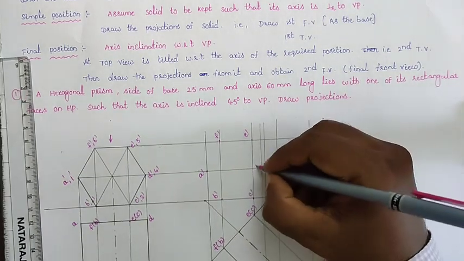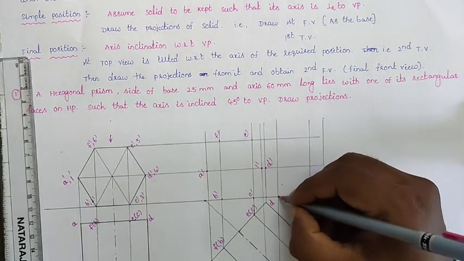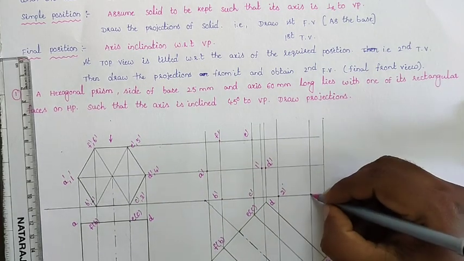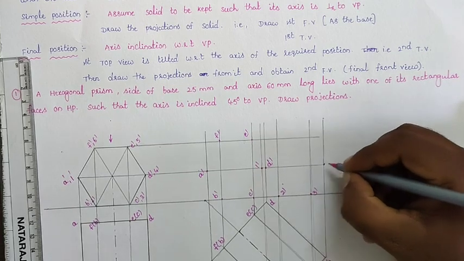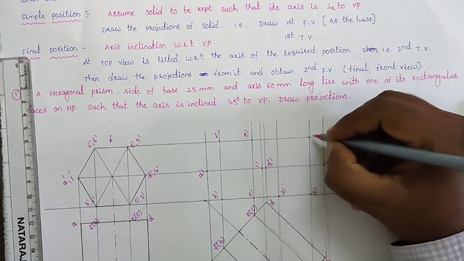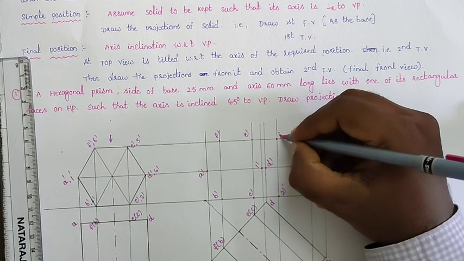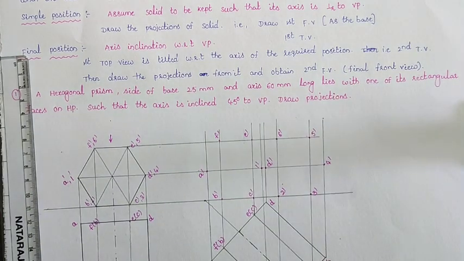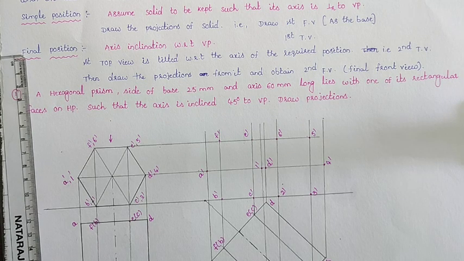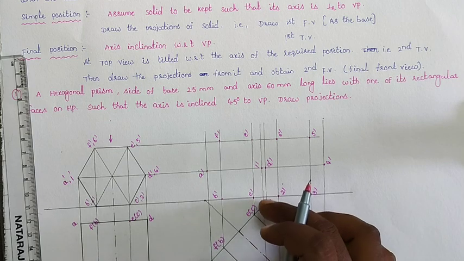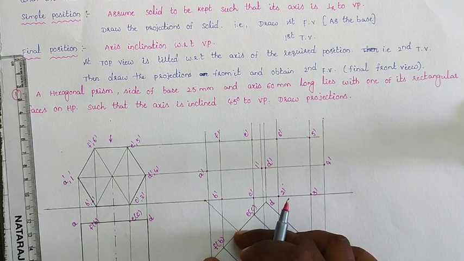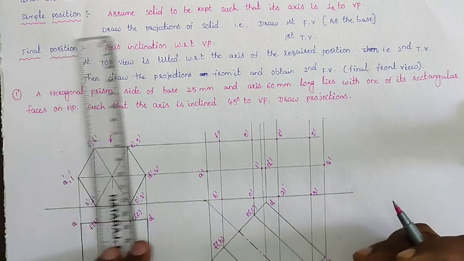So here we will get 1 dash point, 2 dash is here, and again here we will get 3 dash point. Next here we will get the 4 dash point, 5 dash, and here we will get the 6 dash point. So this is the direction of the front view. Whenever you see the object from the downward direction of the top view, the total base is visible, but in the top base half of the portion will be visible and the remaining half of the portion is not visible.